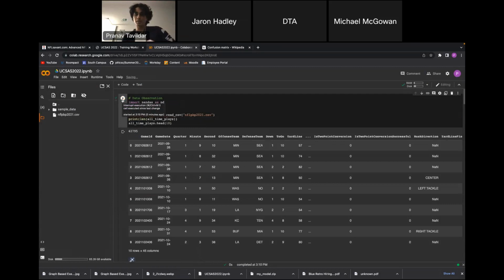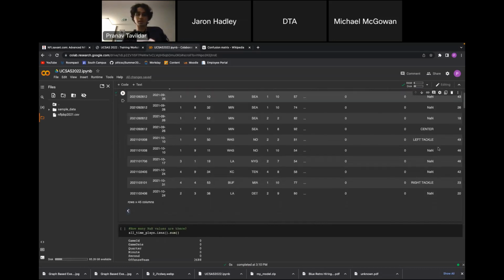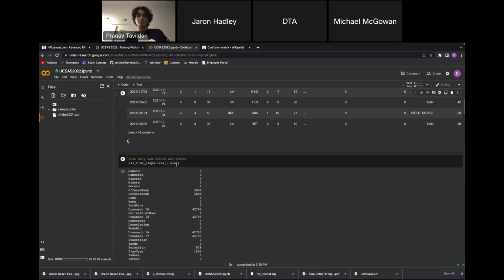Okay, so here we have a lot of NaN, or not a number, values. That's one of the problems we have, because if the data frame sees these values, it's not going to know what to do with them. So we have to find some way to handle those values. And the way to see how many not a number values there are is by using this method.